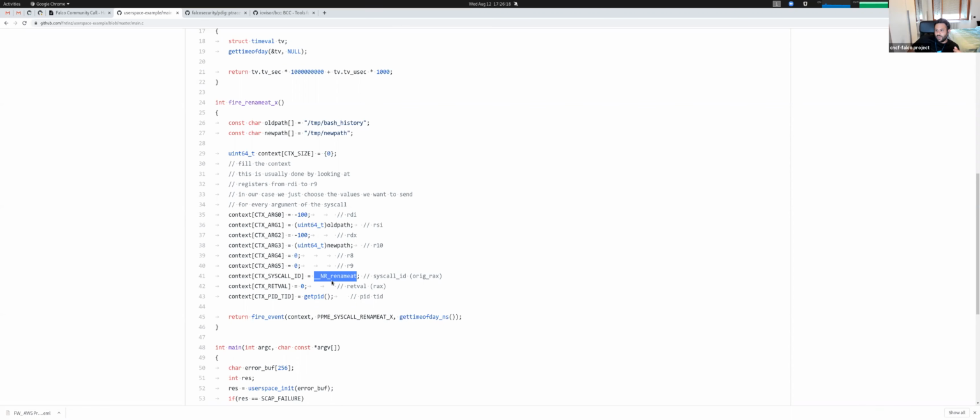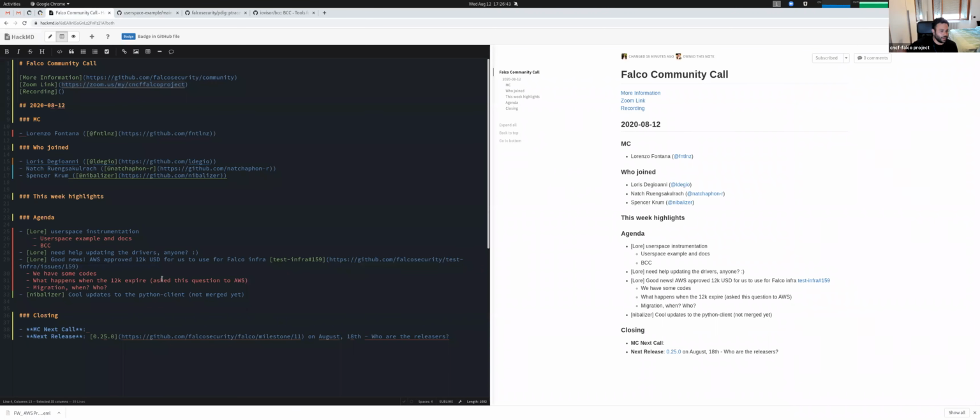So the producer will need to be aware of this when doing operations. Like this NR rename at is different if you are compiling this on x86 or on PowerPC 64, and it's just that. So the receiver must be the same architecture to work on it, or do wrappers on top of that.